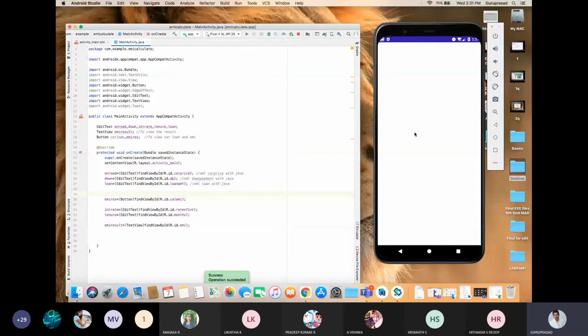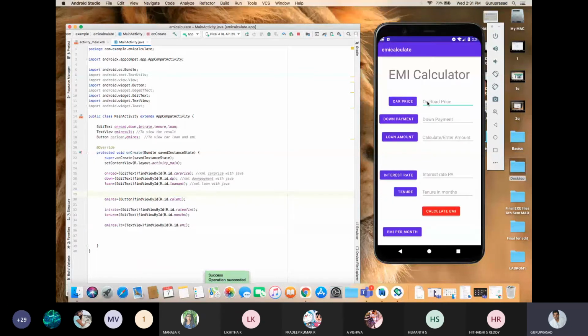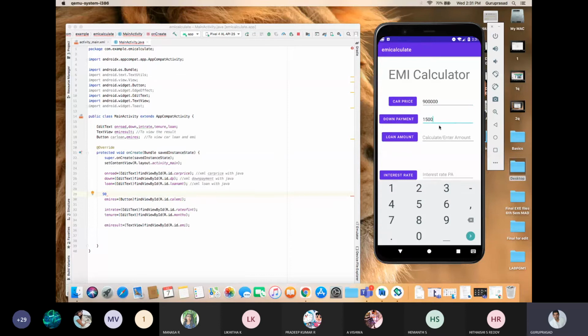Okay. Now see here. On-road price 9 lakh. Down payment 1.5 lakh. No, sir, I'll just minus. I don't want to take coding risk. Okay. It's your wish. For this loan amount only, you are calculating the interest rate. For this loan amount, according to your interest rate and the tenure, you are calculating the EMI. Got my point? Yes?